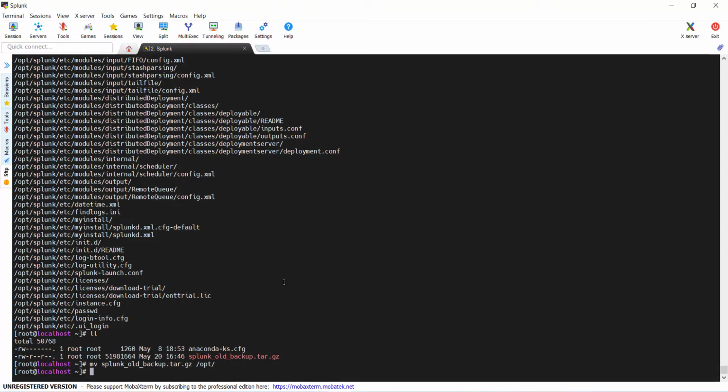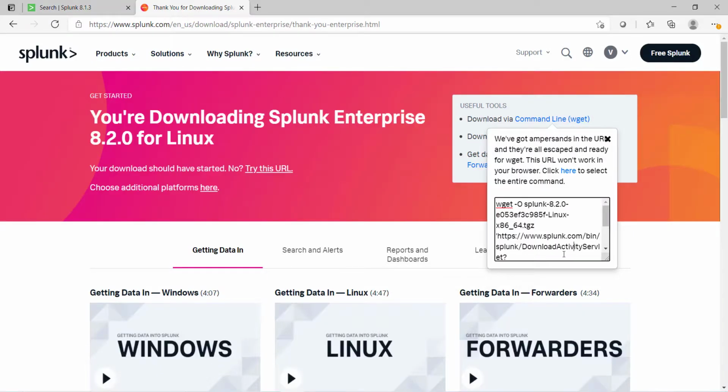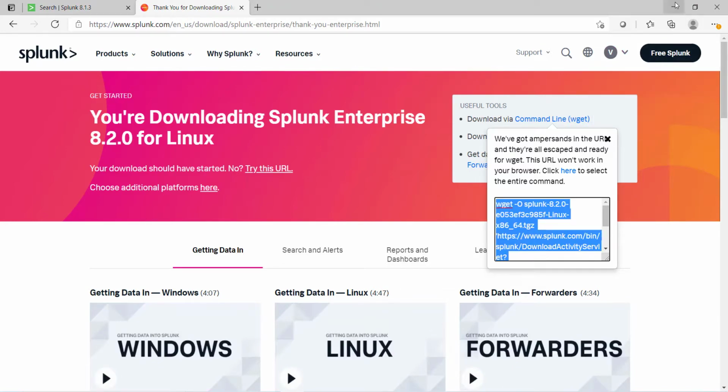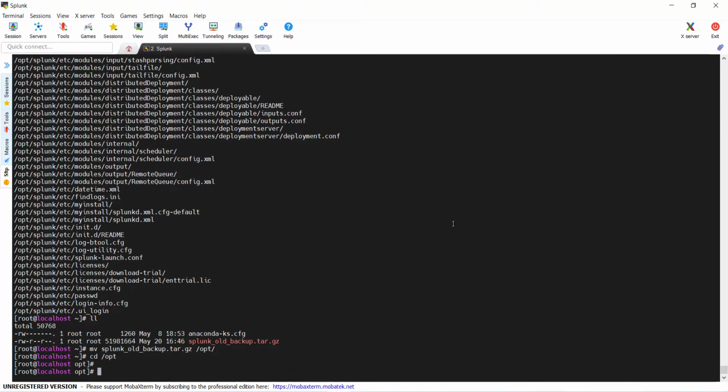Now I will be installing the latest version of the Splunk. Using wget, I will be downloading the Splunk. cd /opt.